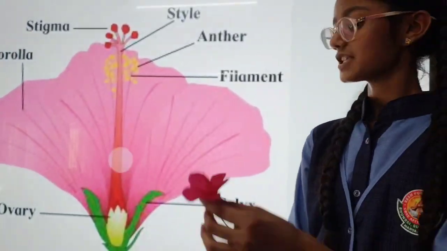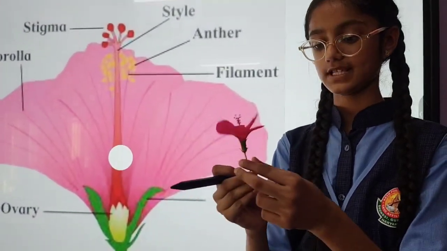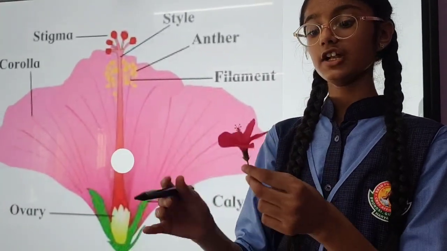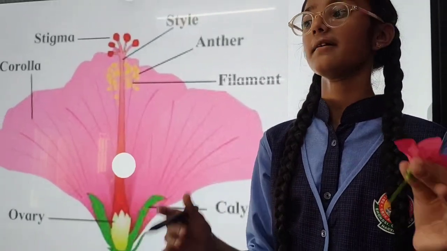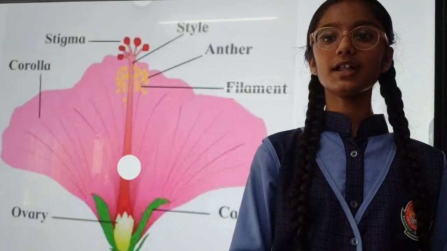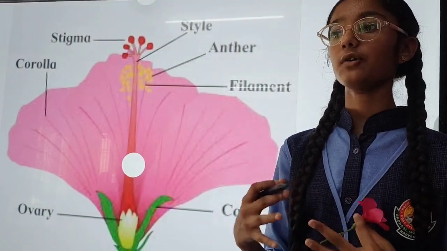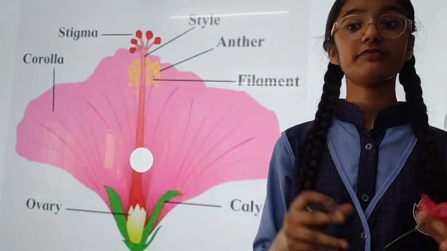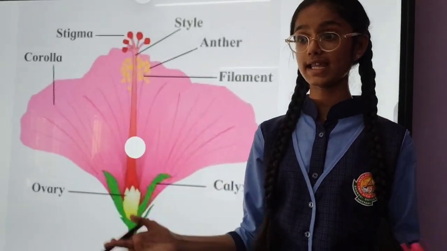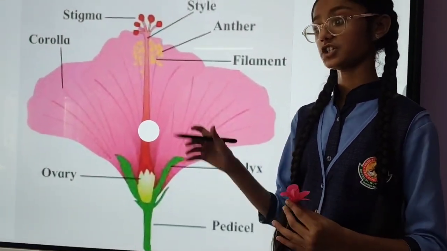So, yeah. We have all of these parts which are shown here. I know some parts are not visible, but if you want them to be visible, you can try to dissect it carefully. Do not just pull out stuff here. Do it carefully so that you can see each and every part. So I hope you understood each and every part of the flower, its role and how it's actually made by God to fit in its role. Like the beautiful petals are colorful, bright, sweet, and these attract insects and all. So I hope we just don't see a flower